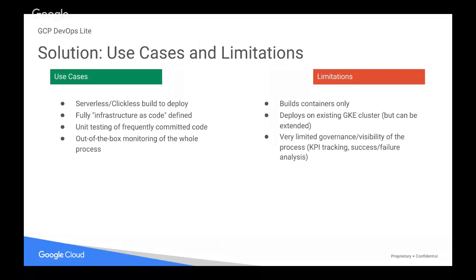The main use case is, for example, if you want to run unit testing for frequently committed code. So you frequently commit something, and you want to immediately test whether it is working or not. That's the sweet spot of these uses. You have out-of-the-box monitoring, which is always nice to have because if something doesn't work, you can immediately pinpoint where the problem lies. The limitations, so